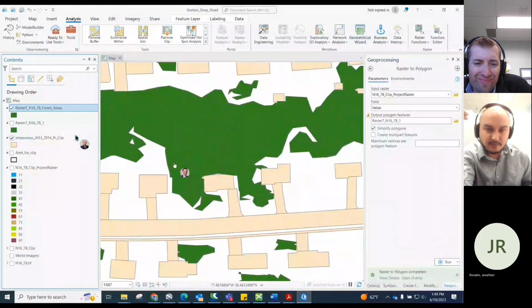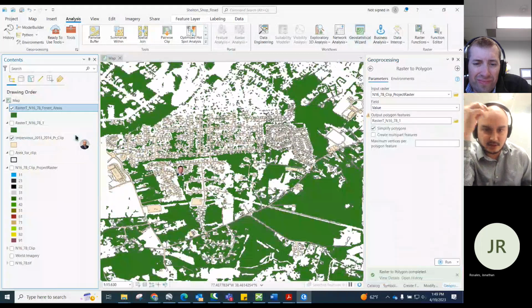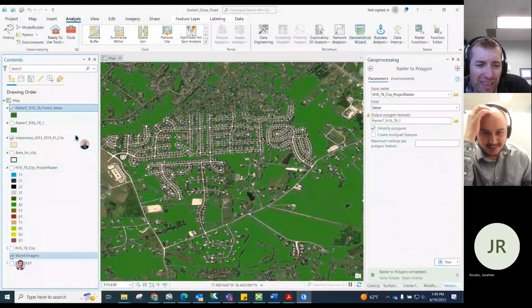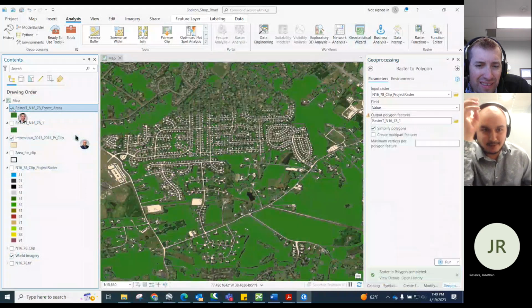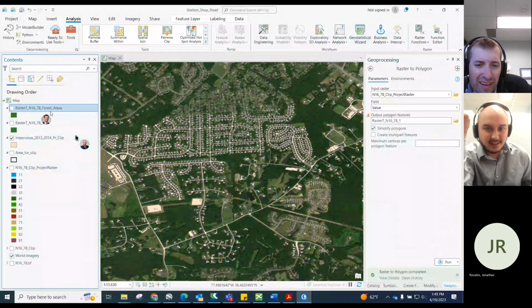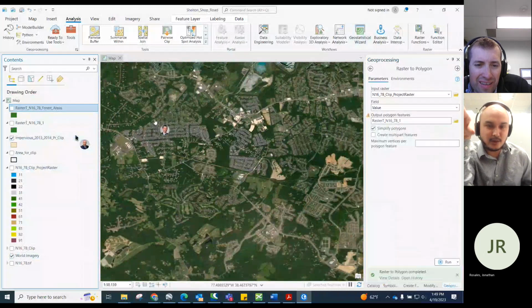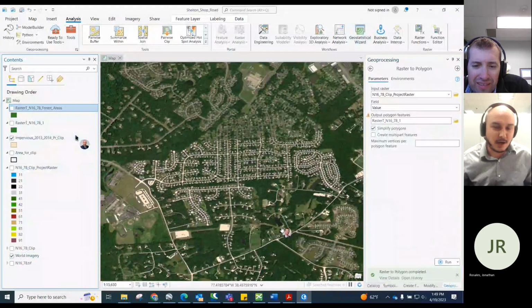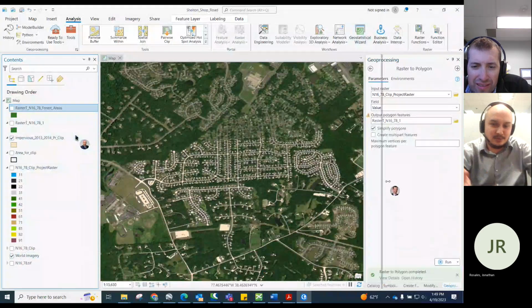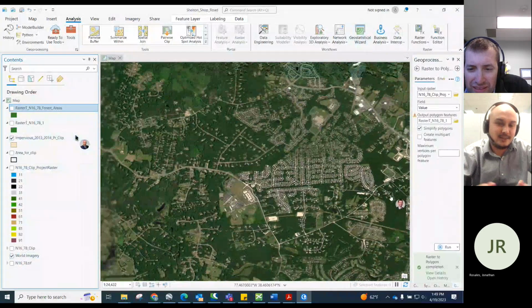So now you have, okay, it looks good, right? So that is forest. So we need to clean up. Now we need to clean up this land use file. So how do we clean? This is what we get from the third party, like from the county, from the outside source, right? Now we have our input, we have our inside source, which is our survey.